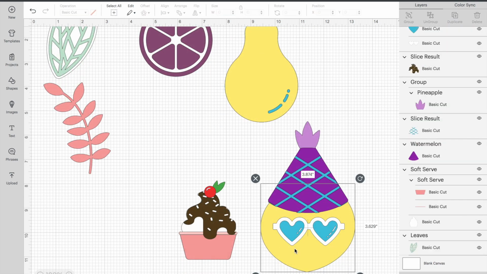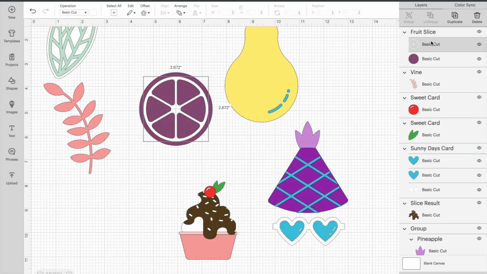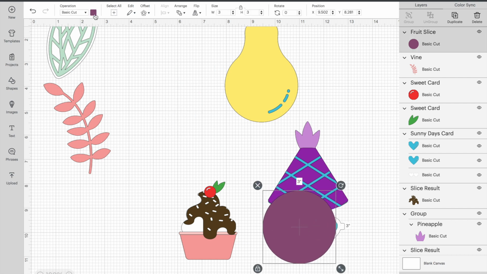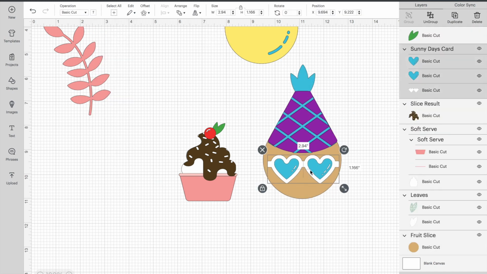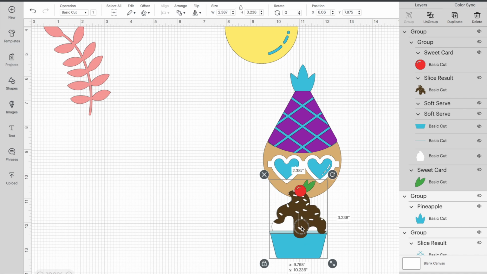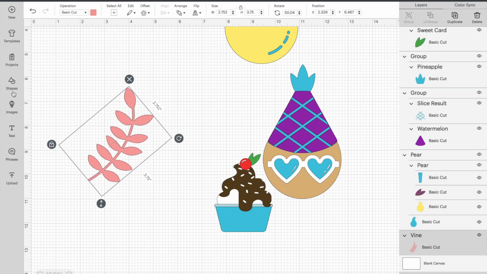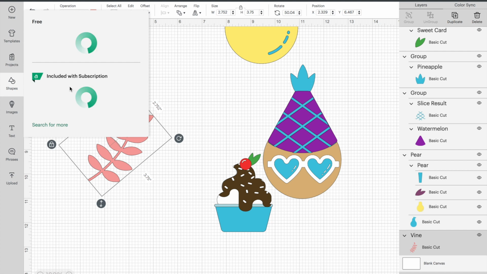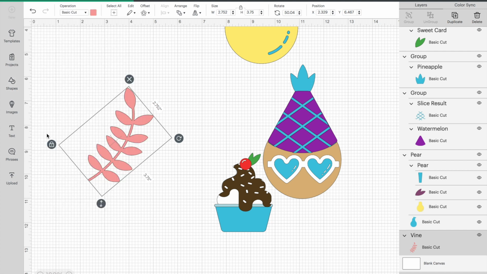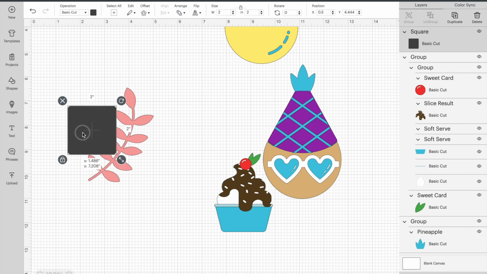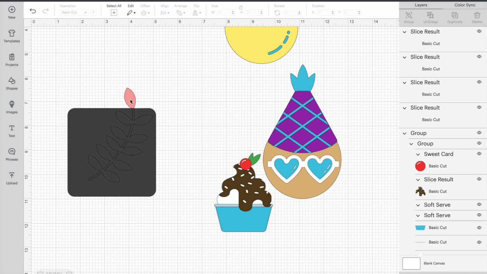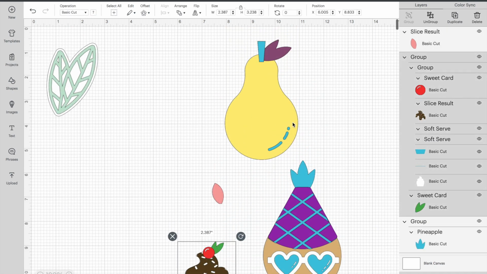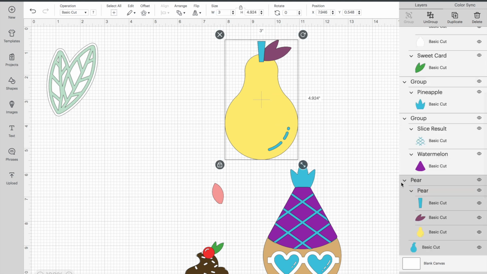So I realized that this circle is not good, and I'm actually going to steal the circle from the fruit slice, which is going to be so much better. So this is something that I like to do a lot. So I'm going to now take a shape, just a random free shape, and I'm going to put it over the top of the vine, slice it, and delete everything but that very top. And then out of the pear, I'm going to take the very top, delete the pear,